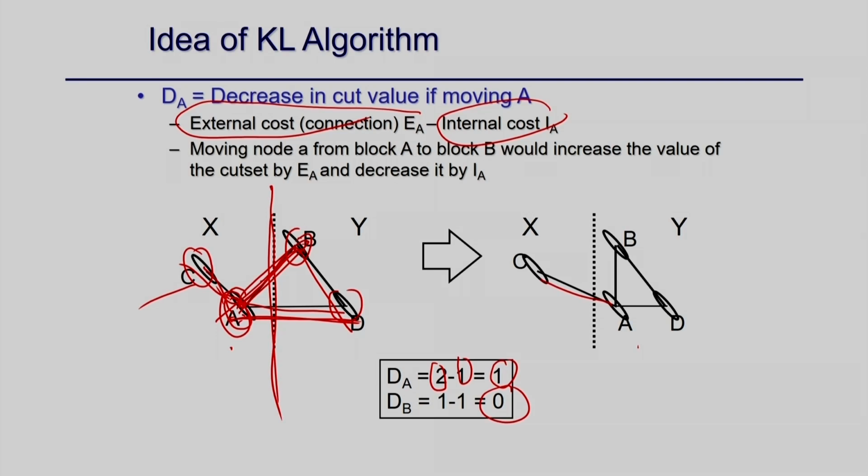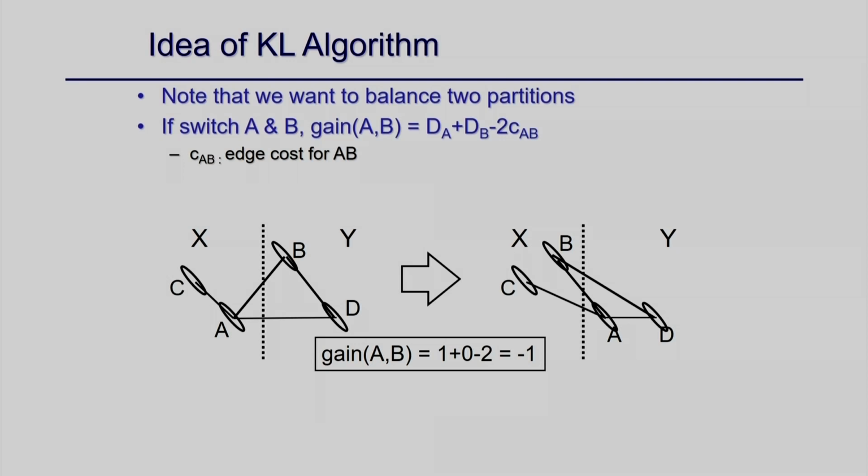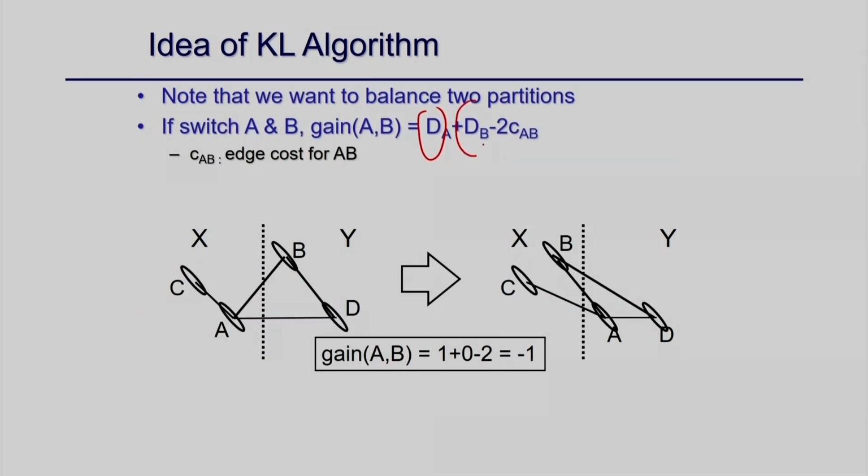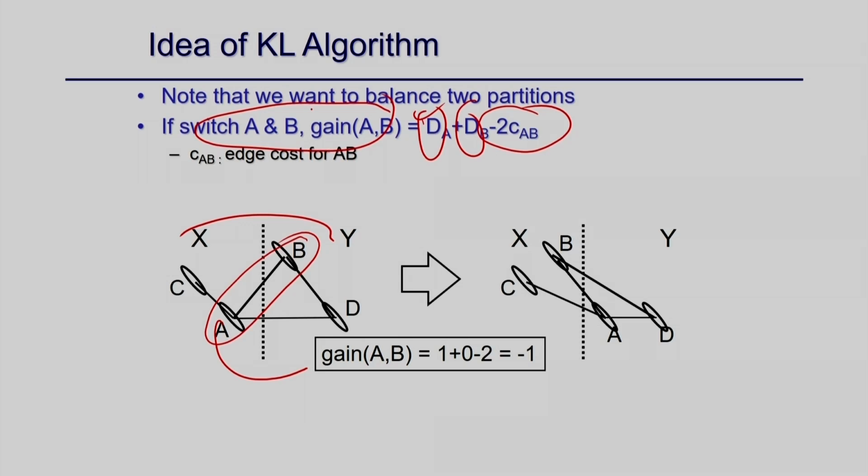Now if you take 2 nodes, the gain of A is given by dA, which is calculated by this equation. This is the dA, the cost, and then this is the cost of dB. So you are moving A from this side and B from this side; the cost of moving this plus this will be your gain, minus the interconnection between these 2 nodes, because they are actually counted 2 times here. So you have to just remove it. So they will always remain the same. So that is your actual gain of switching between 2 nodes, right.